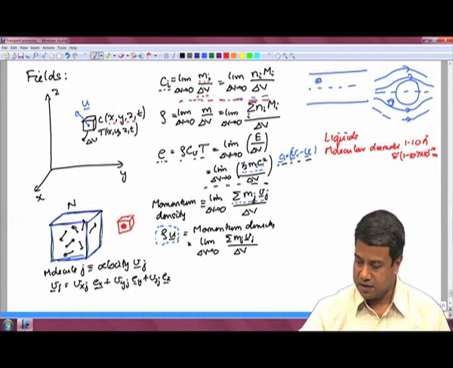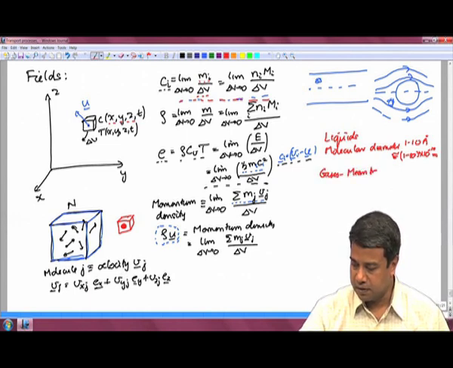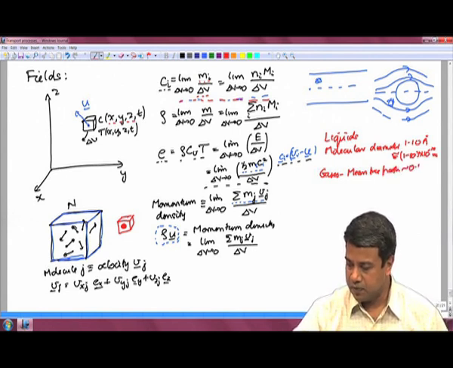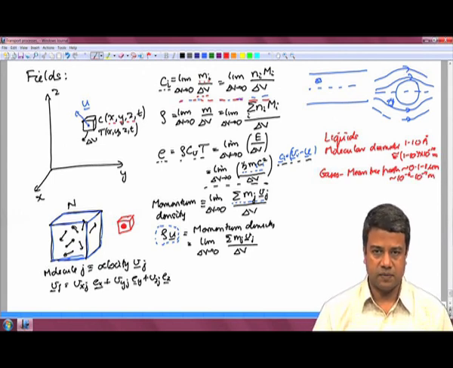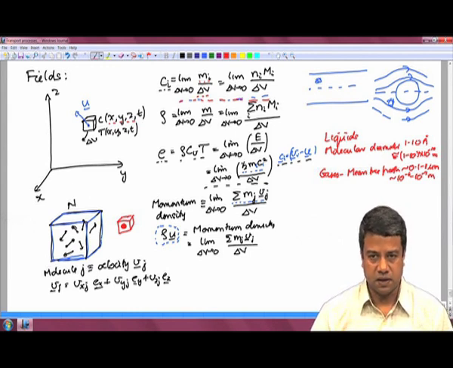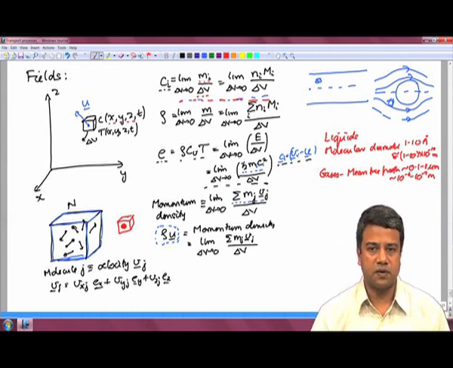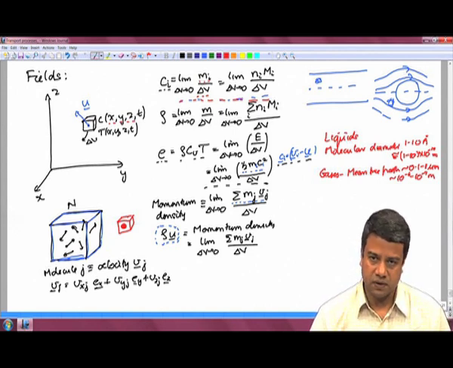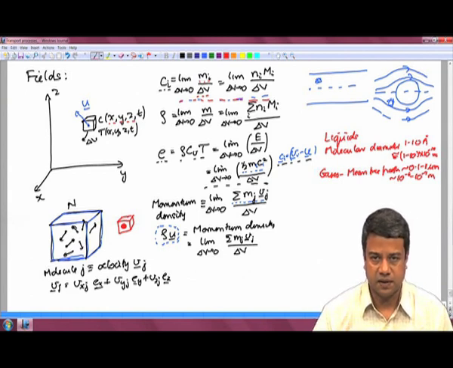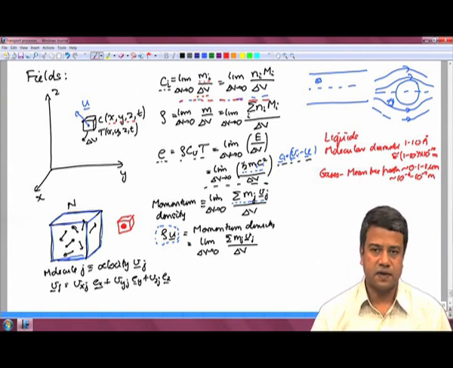In the case of gases, the mean free path is of the order of 0.1 to 1 microns, micrometers, which is about 10 power minus 6 to 10 power minus 7 meters. In the case of gases, the mean free path is much larger. I told you that the distance between collisions is much larger than the molecular diameter, and therefore, it is about 10 to 100 times the molecular diameter in this case. And because of this,